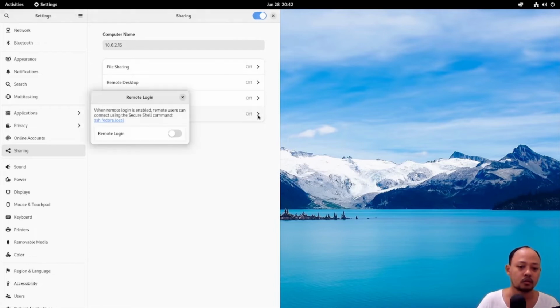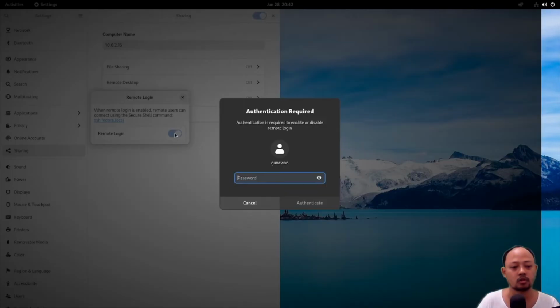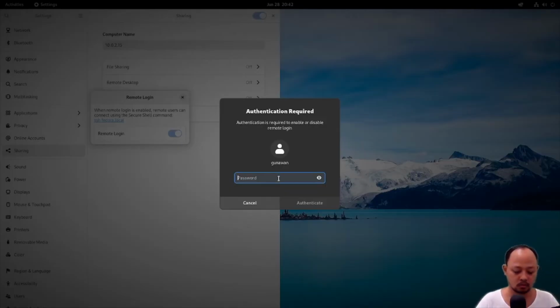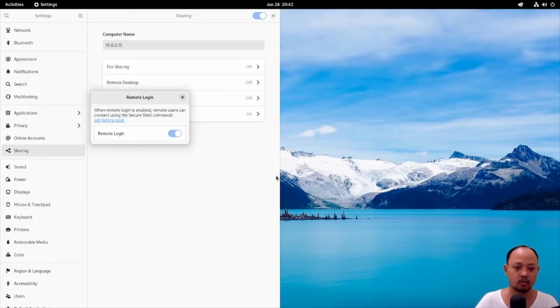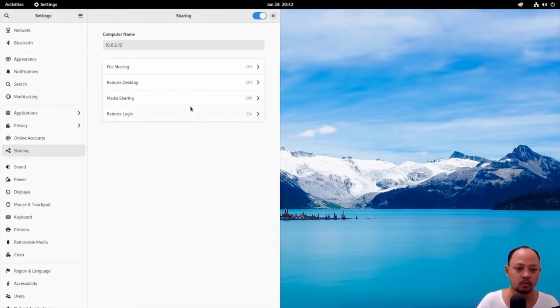Remote login. What is this? Okay, connect with the SSH protocol. Media sharing, remote desktop.